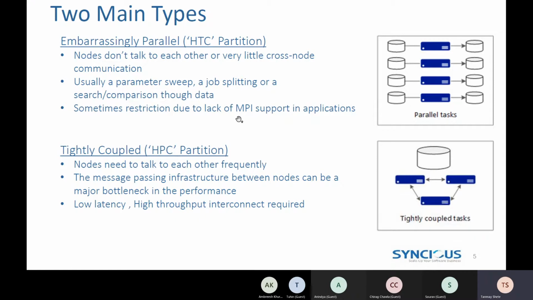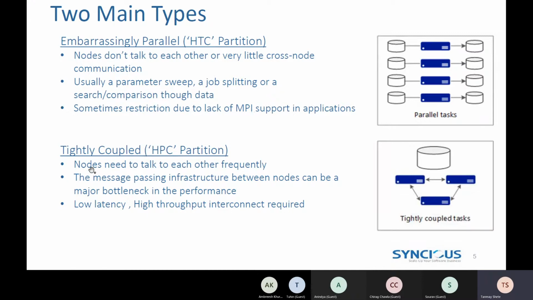But there can be another problem because of that. They never supported MPI, and then people cannot actually use it in the MPI fashion or the tightly coupled fashion. So there are examples like an embarrassingly parallel problem that we still want to run through MPI. That cannot be done if MPI support is not available.